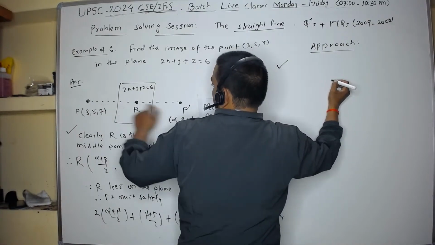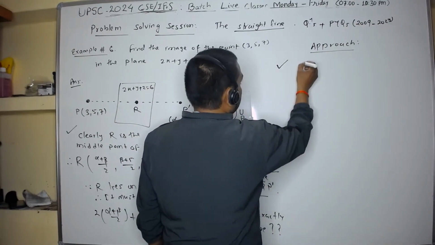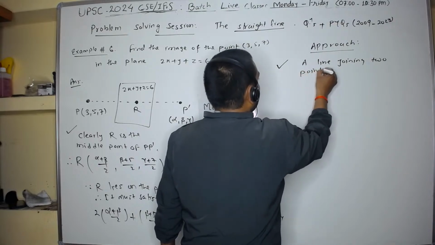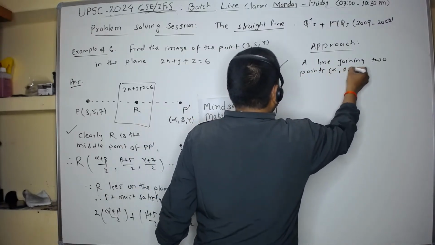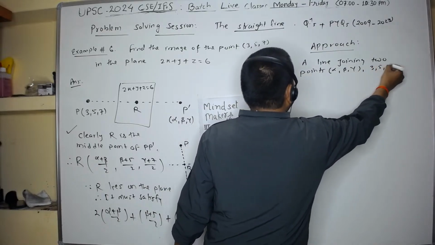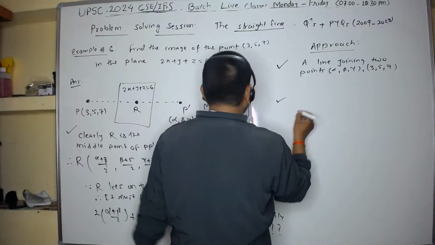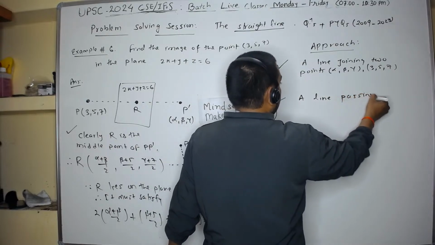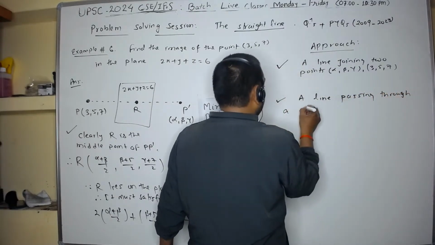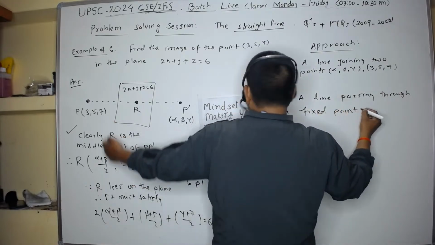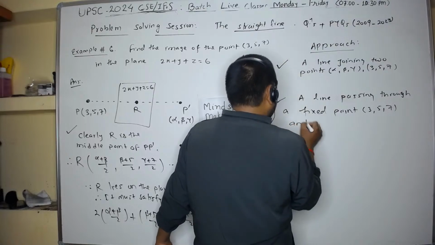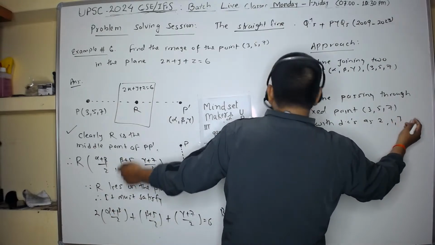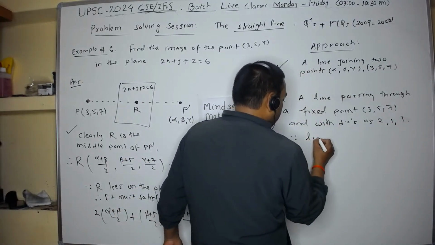If I find a line joining this point and this point, so a line joining 2 points, alpha, beta, gamma and 3, 5, 7. Another approach could be a line passing through a fixed point 3, 5, 7 and with DCs as 2, 1, 1, sorry. Look carefully, since the line is